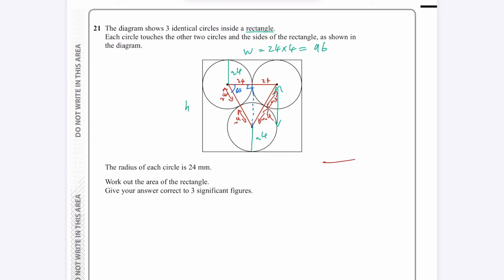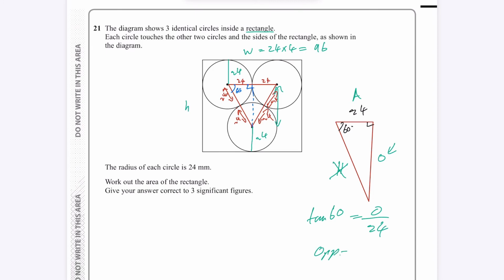So if I was to draw that bit out here that I've drawn there, let me just draw that a little bit better than that. There we go. So that's a right angle there. So if I now draw this on, so that's 60 degrees. That's my right angle. That's 24. And this is the bit I'm trying to work out. So if I use SOHCAHTOA, that's going to be opposite, hypotenuse, and my adjacent. And this is what I'm trying to find. I don't know what this is, so I can ignore that. So that leaves me with tan 60 is equal to the opposite over adjacent. So that means the opposite is equal to